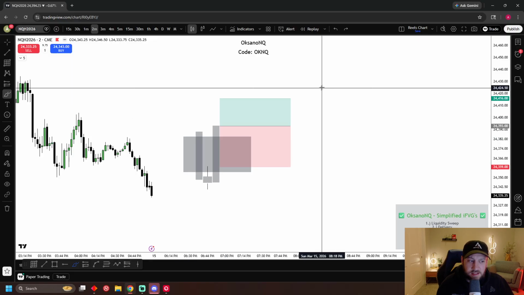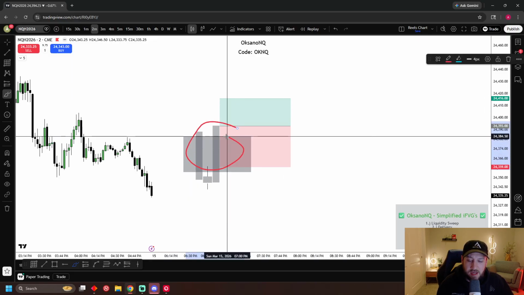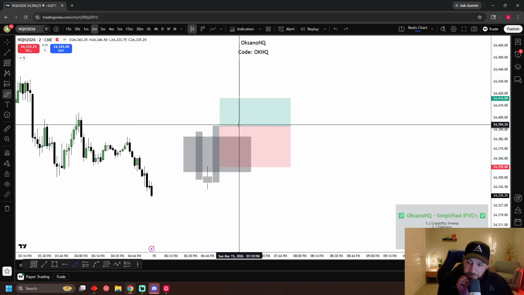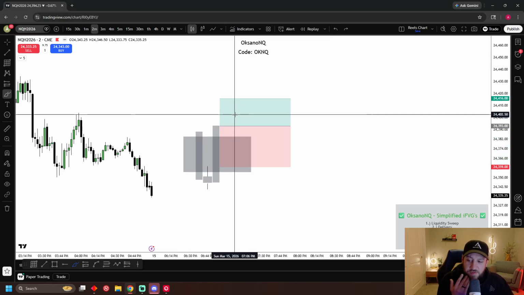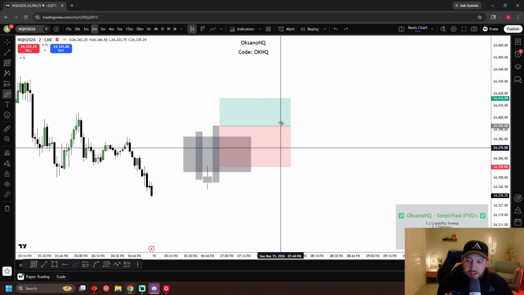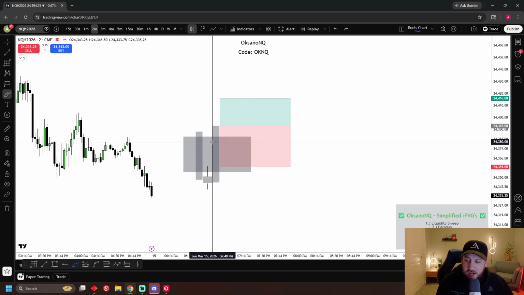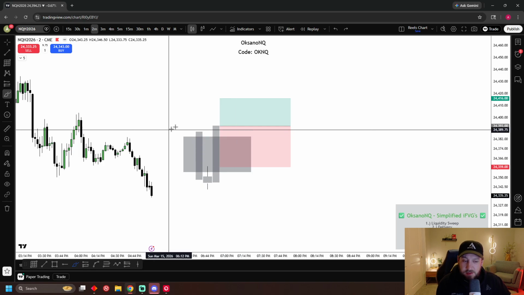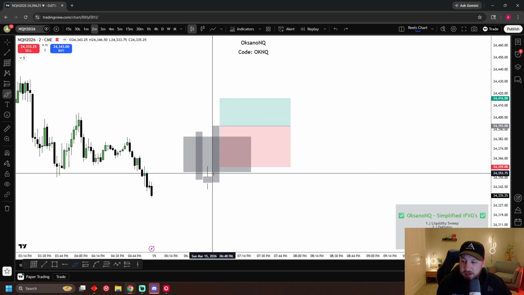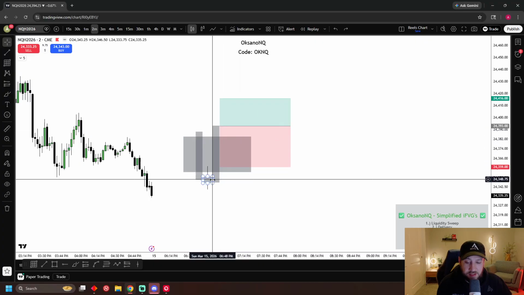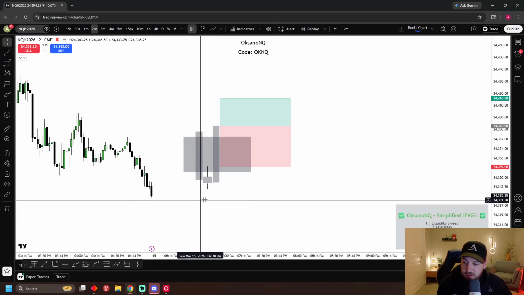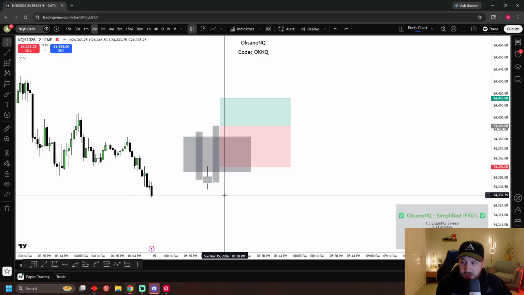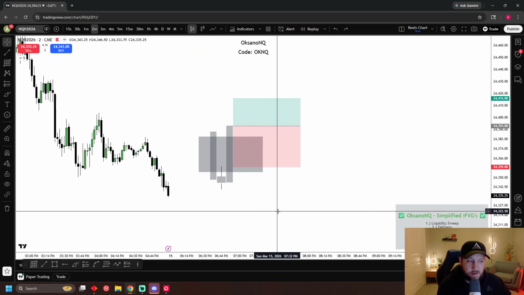Stop losses are where people get in trouble the most, because before you know it, you lost way more than you wanted to. Now you're like, oh man, I have to take 1, 2, 3 trades just to make that back. So stop losses are probably just as important as targets and delivery and everything else that we use for our confluences.